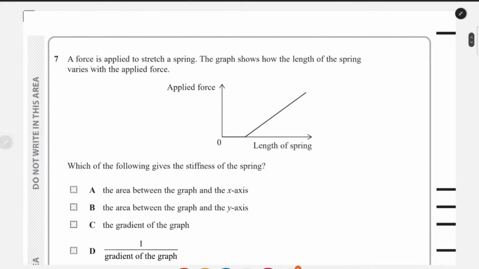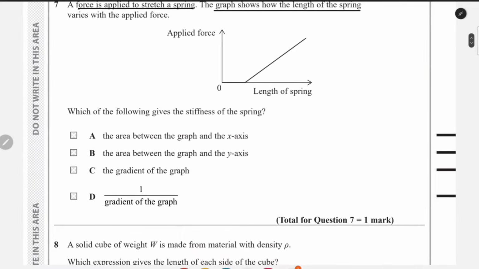In question 7, we are given that a force is applied to stretch a spring, and the graph shows how the length of the spring varies with the applied force. We have to find the stiffness of the spring. Force is K delta X,